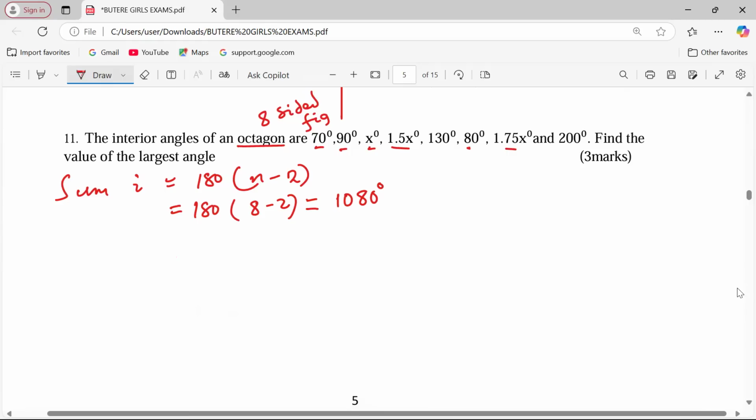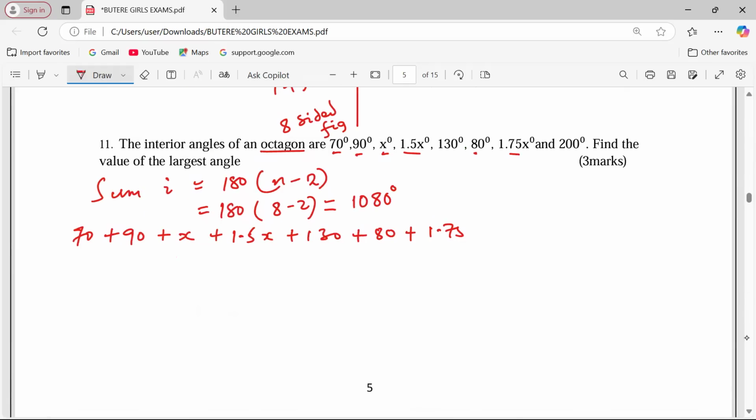So all the angles inside this octagon are supposed to give us 1080 degrees. So we take 70, add 90, add x, add 1.5x, add 130, add 80, add 1.75x, add 200, we should